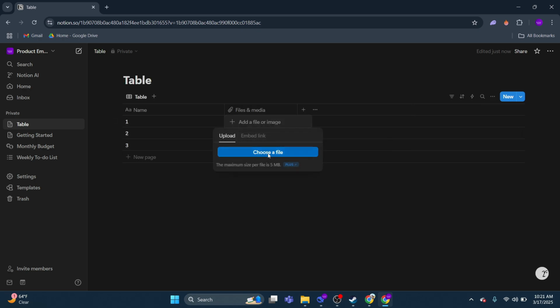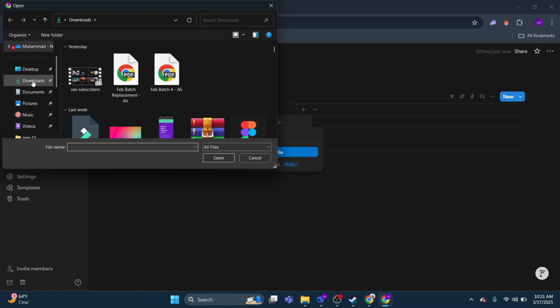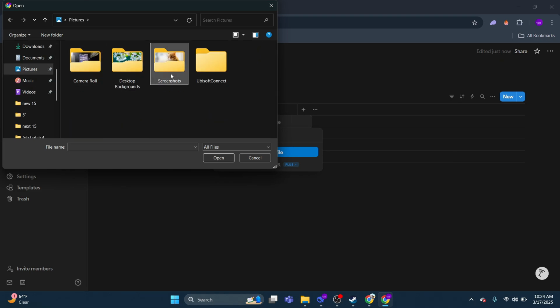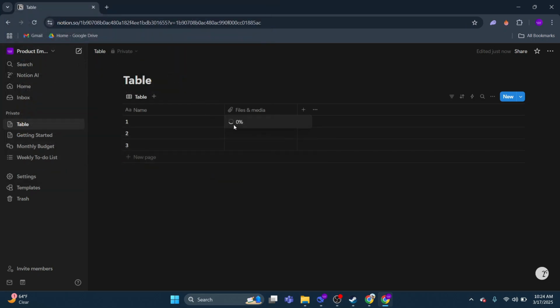When you click on it, you can then choose a file. Click Choose a File, and then simply find your image on your computer. So select any pic that you want to add. Then I'm going to click it, press Open, and just like this, it's going to start uploading. Once that's done in a few seconds, as you can see, you have successfully put an image inside your table